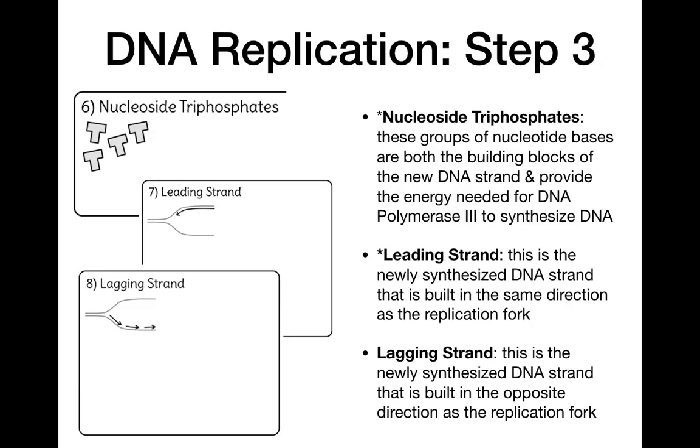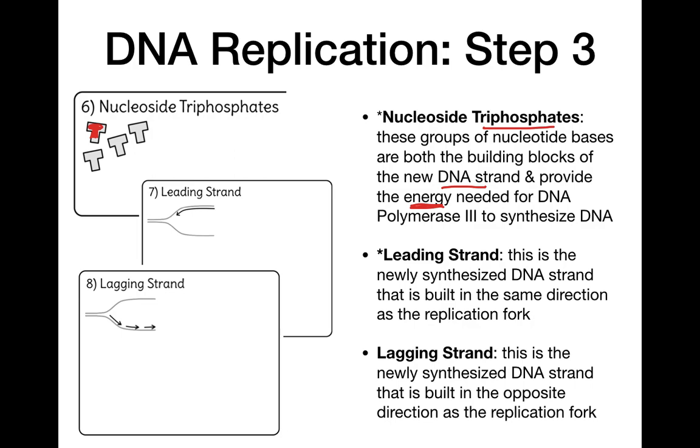Okay, the first 2 here are important for SL, and all 3 are important for HL. So we have nucleoside triphosphates. These are our little groups of nucleotide bases, the actual bases that contain our letters. They're the building blocks of the new strand, and because they're triphosphate, they contain energy for DNA polymerase to